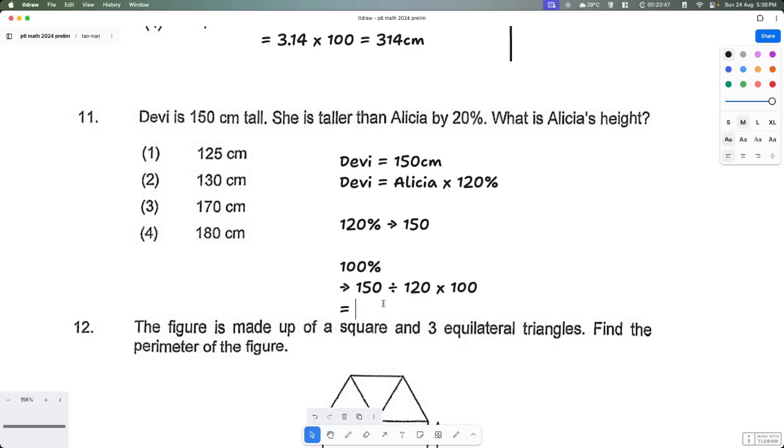So it's basically 150, if we simplify this, will be 5 divided by 3. 30 is 5 divided by 4 times 100, which is equal to, in essence, give me a second, let me just calculate this back. Right, 1% is equal to 150 divided by 120, which is equal to, in this case,